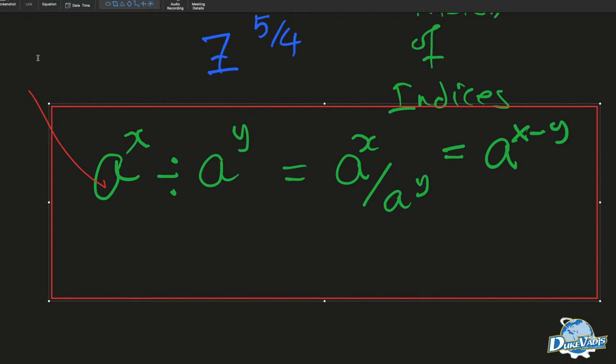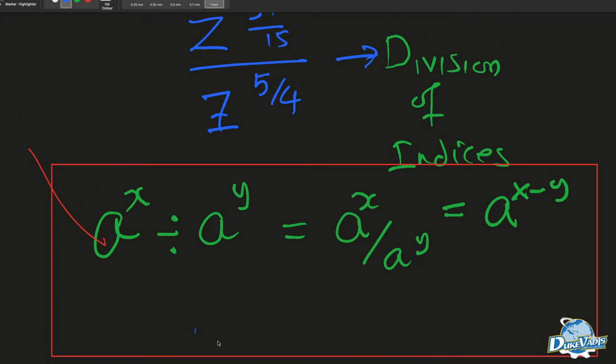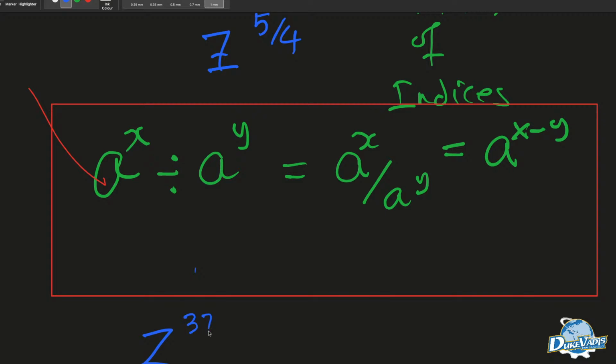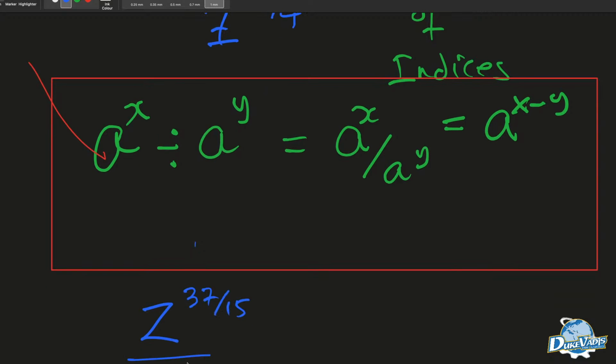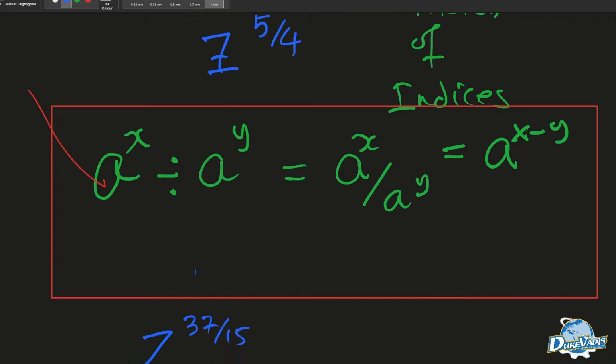Okay, so we know now z raised to the power 37 over 15, dividing z raised to the power 5 over 4,